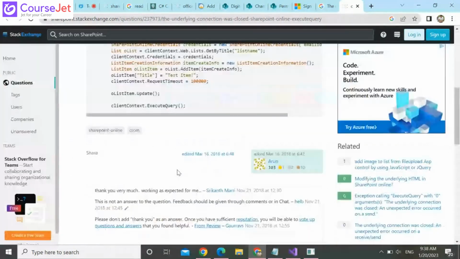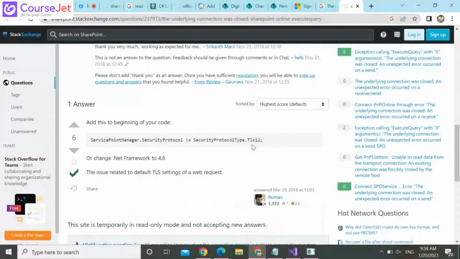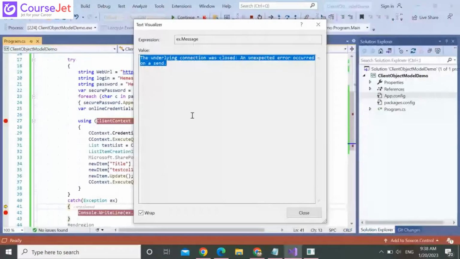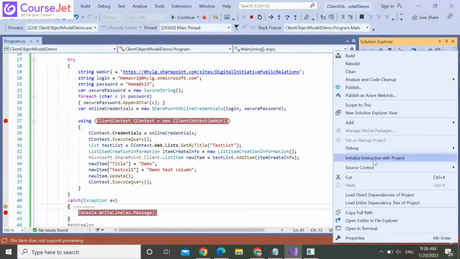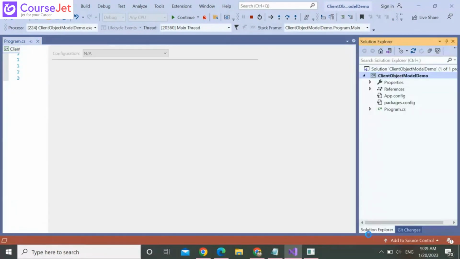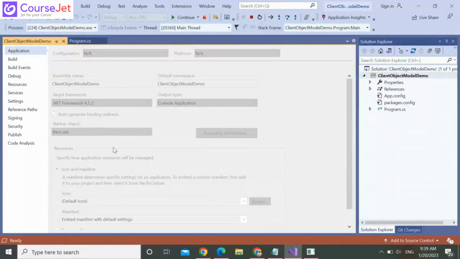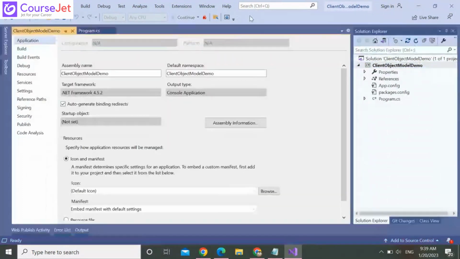Given something at the beginning of your code, change to .NET Framework 4.6. Let's change the version. To change the .NET Framework version, right click, go to project properties.